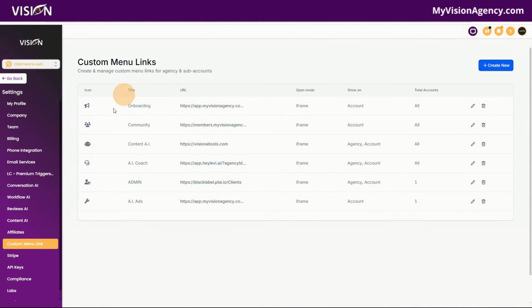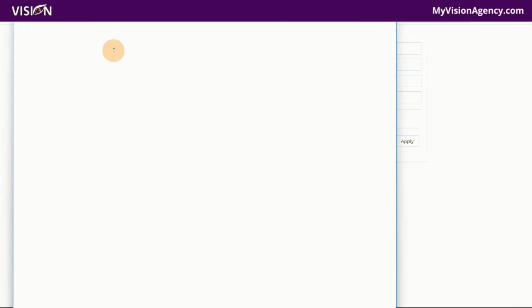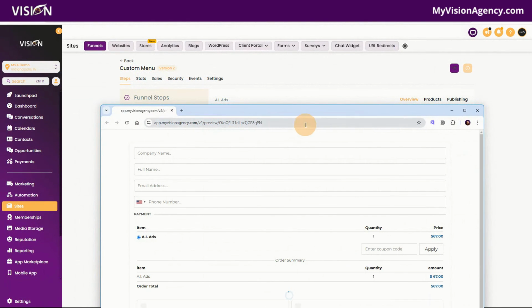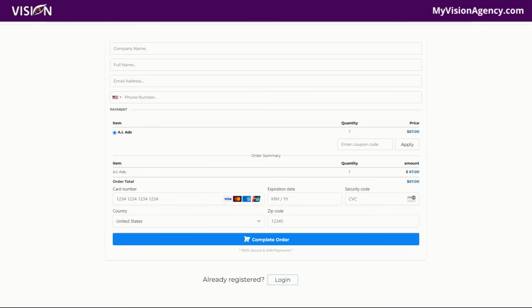And remember, when you create this link here, let's just say this is my link. Now, when I open this up, and let me bring this down so that you can see it, this is just a raw link. So this is like app.myvisionagency. This is my branded agency preview link, because there's no domain connected to this. So all I want to do to create a custom menu tab is grab that link there,